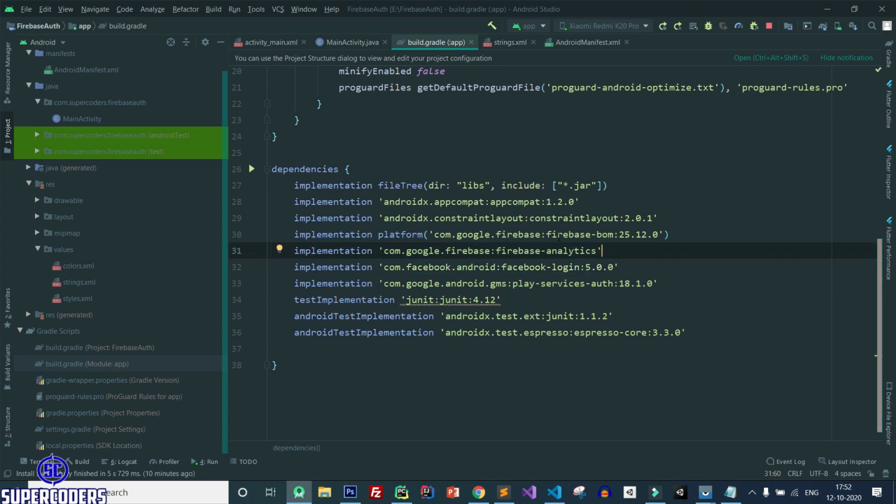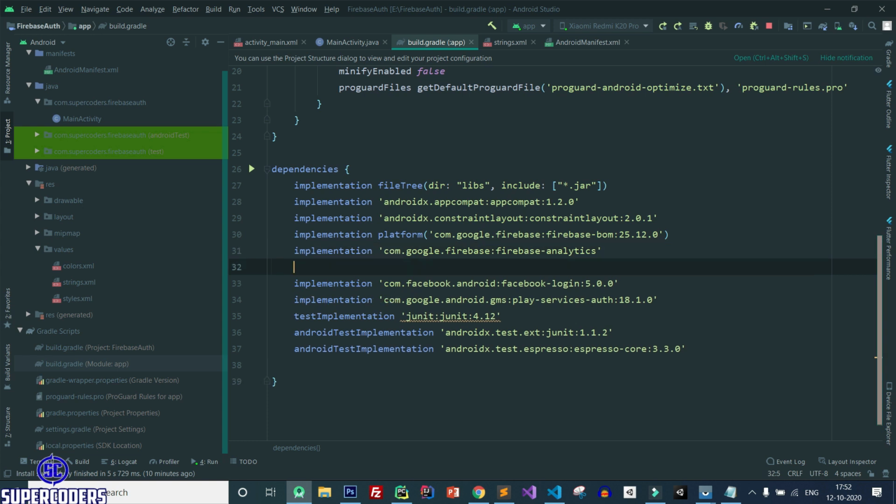Currently you can see we are using Firebase Analytics, but Firebase Auth is missing. So implementation com.google.firebase:firebase-auth. Click on sync now, and you can see Firebase Auth has been imported in our project.